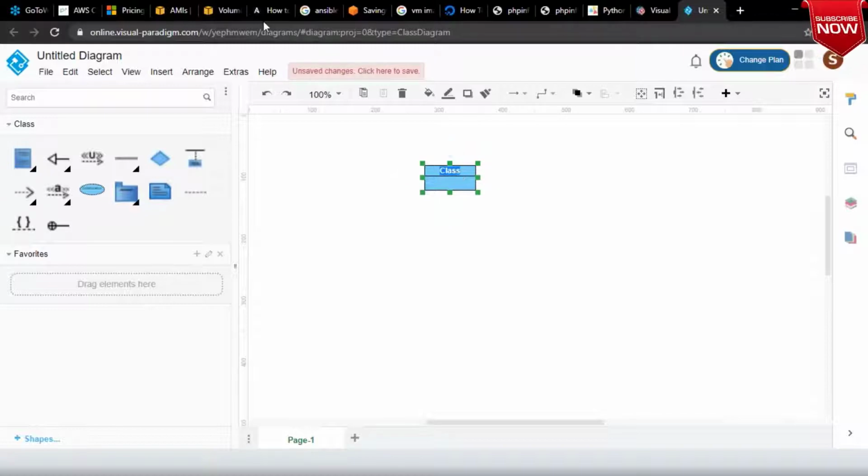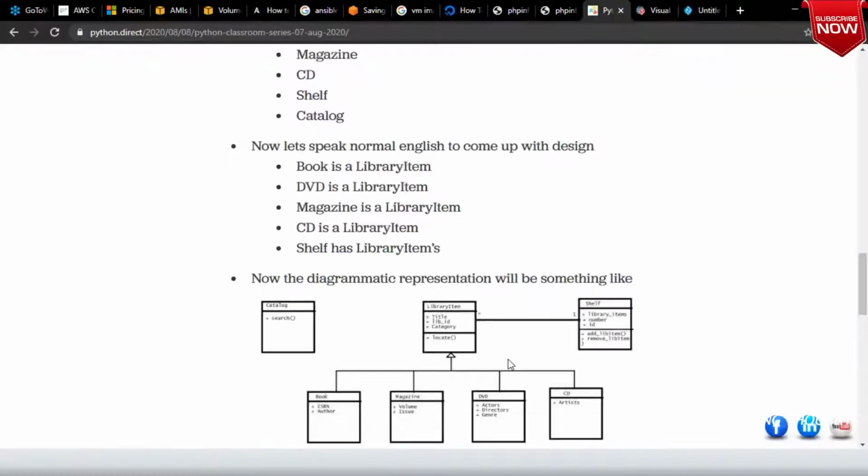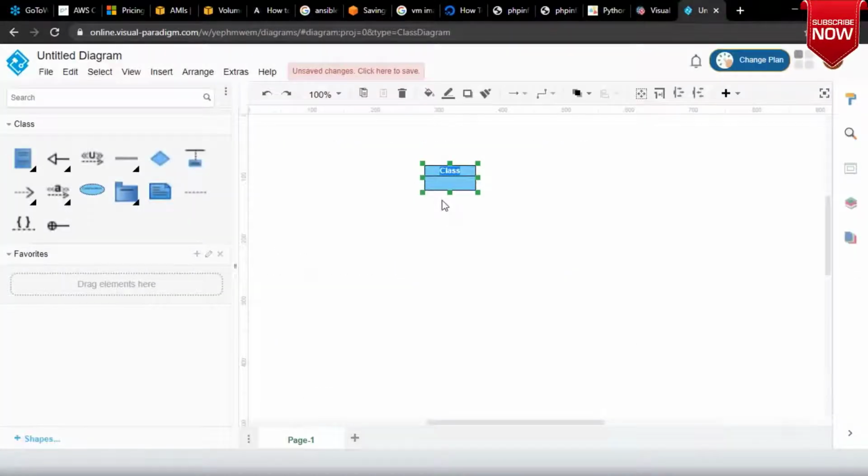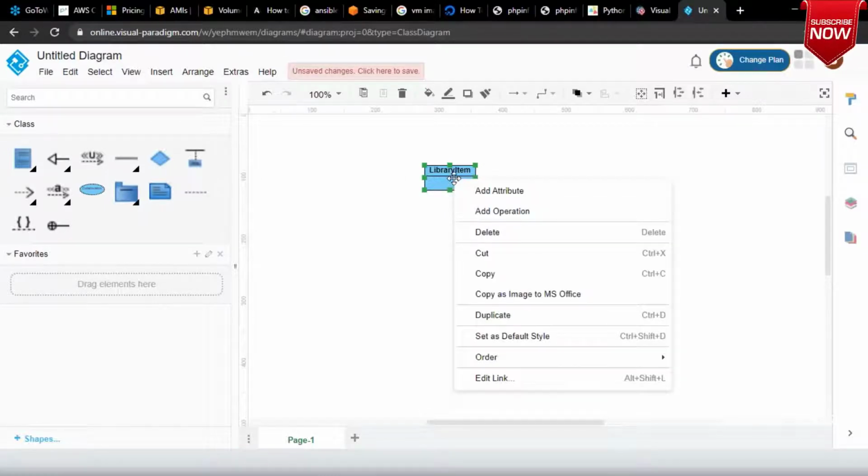Here let us create a class. What is the class which we used in our last class? Let us use the same thing. Shall I create a class called library item? Yes, so I'm creating a class called library item. If you look into this, it says add attributes and add operations.